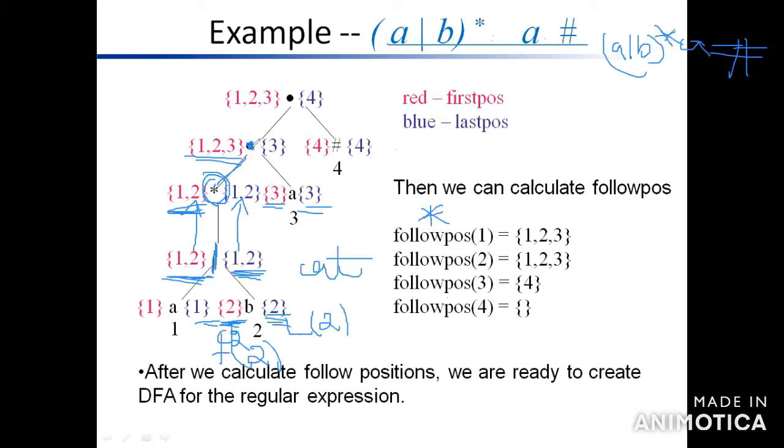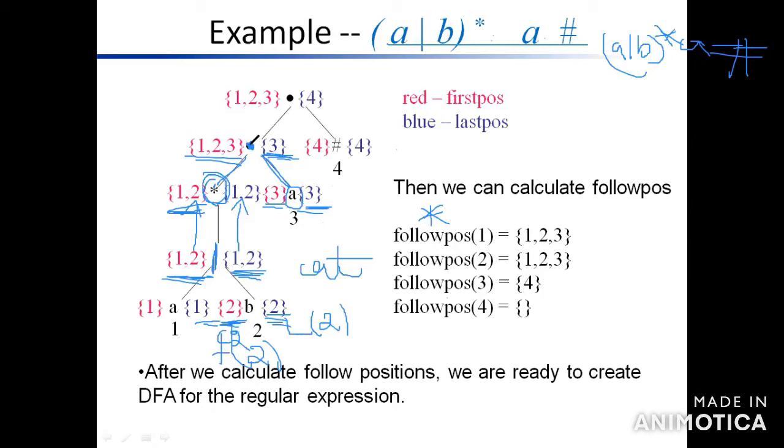Now check the cat node for the last position. In the last position, the right child: do you have any nullable node or star node? It is not available. It is only available for the A characters, the alphabet values. A is not nullable because it is not a star node. When the node is not nullable, for the last position calculation you write the last position of C2 value. You have to write 3.